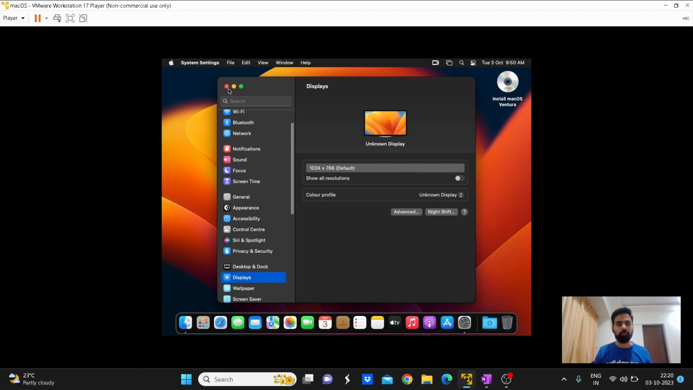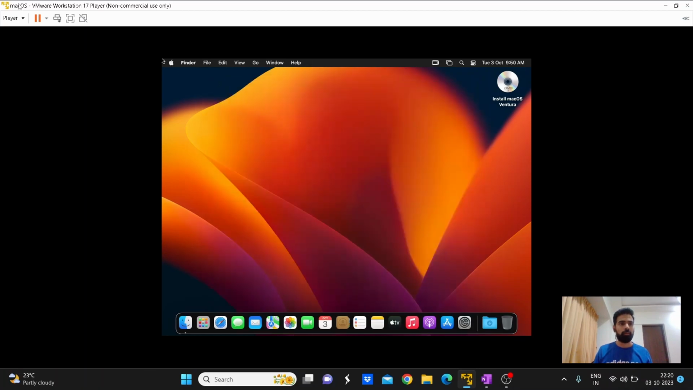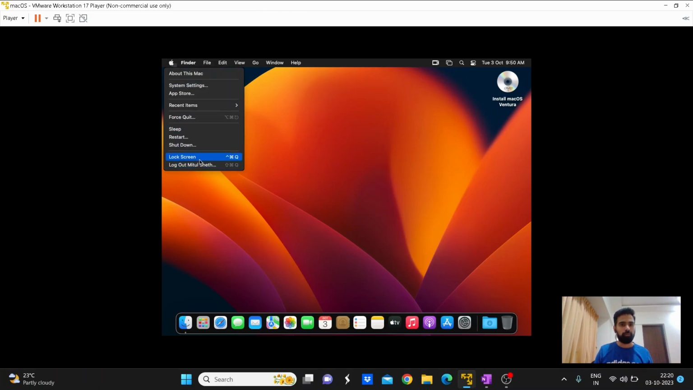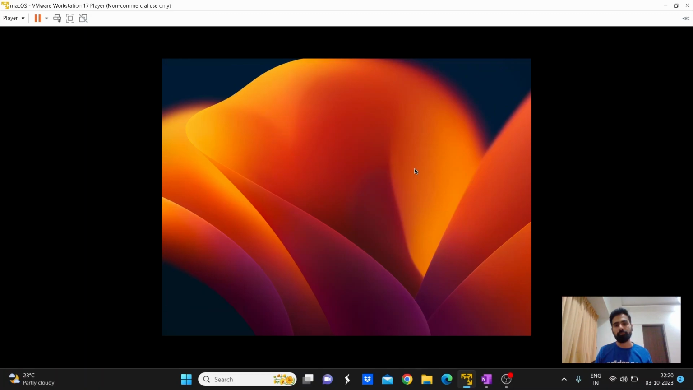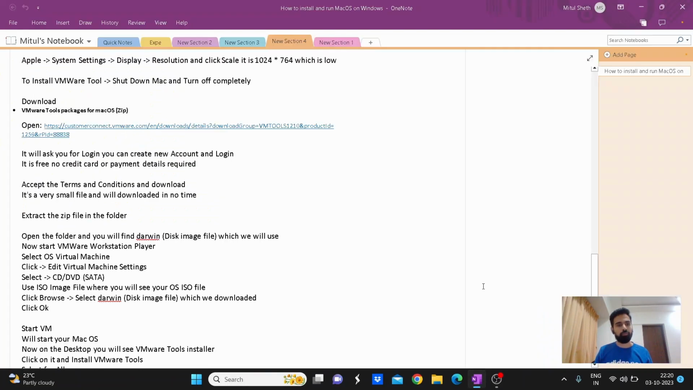To improve the size of the display, we have to download the VMware tools for macOS. Close it, and you can also shut down VMware. Shut down. It will close VMware. After that you have to click on the link for the VMware tools package. So after clicking here,